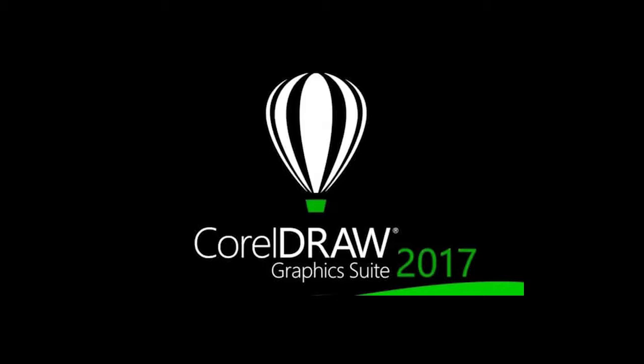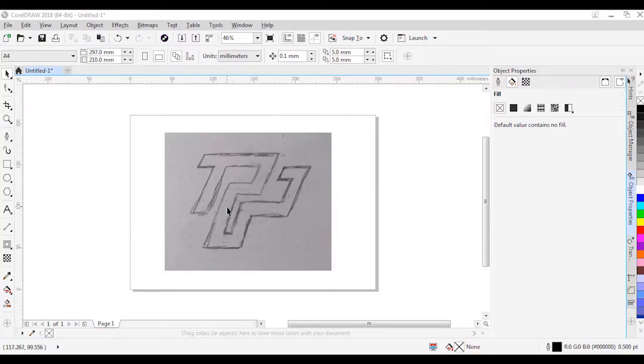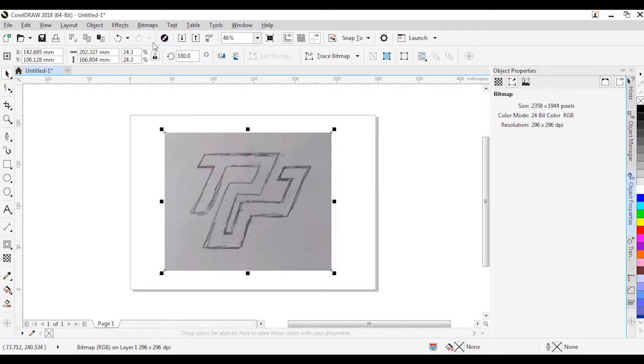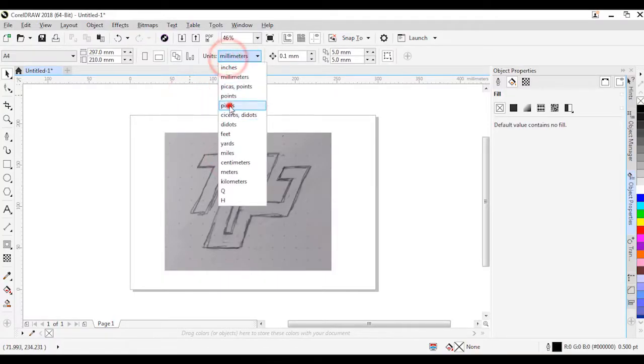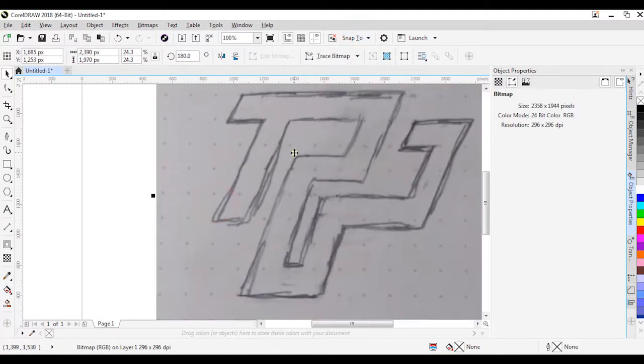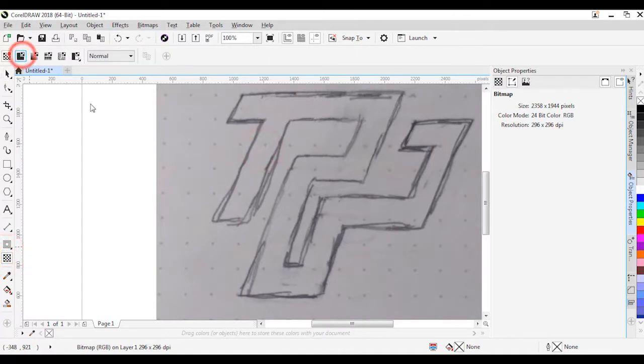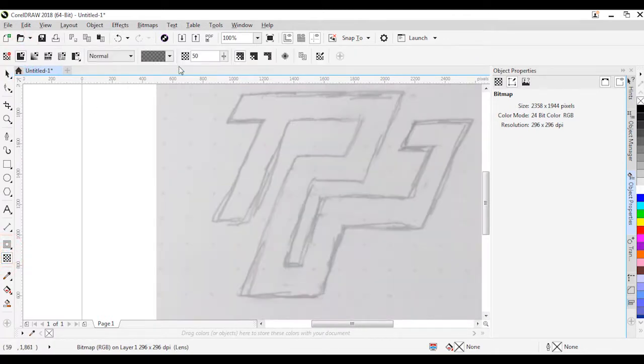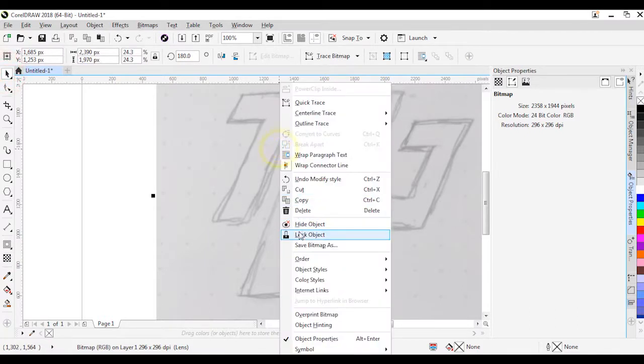So in this tutorial I use CorelDraw, but if you are an Illustrator user or use any kind of vector-based software, you can use any kind of software for this tutorial. So here we have the sketch, and I'm just gonna do some basic settings. So I'm just gonna lock this sketch, and